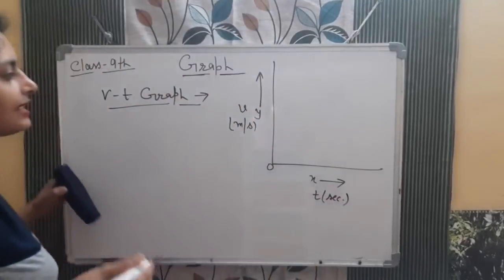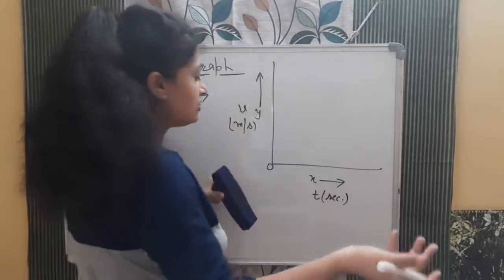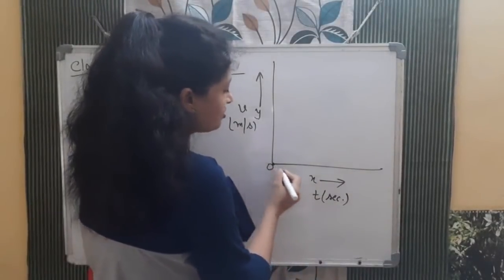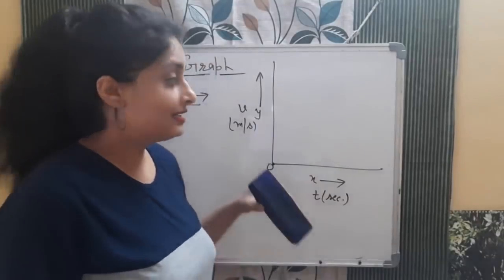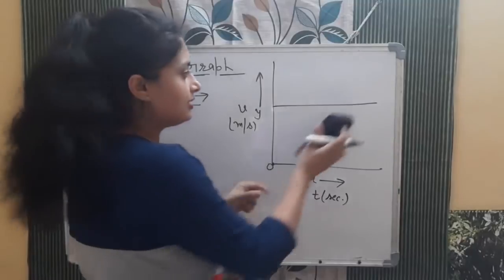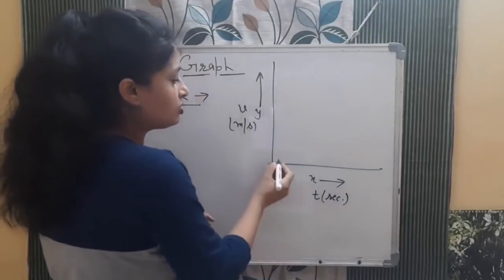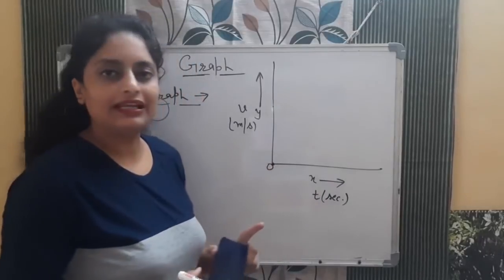Okay. So again, first case, the body is at rest. The body is at rest, so simple, there is no doubt. Body is at rest. What will the velocity be, beta? Zero. Remember, this time you cannot make it like this. Okay, this is not the case. I am saying the body is at rest, meaning velocity is 0. So velocity 0 is here only. So the graph will be like this only.